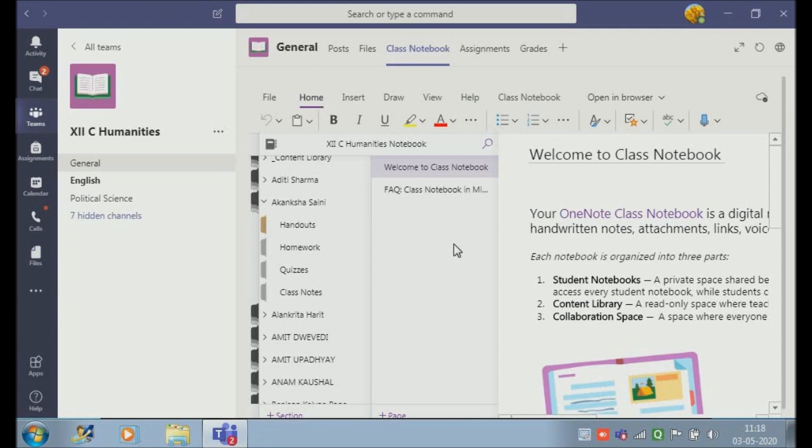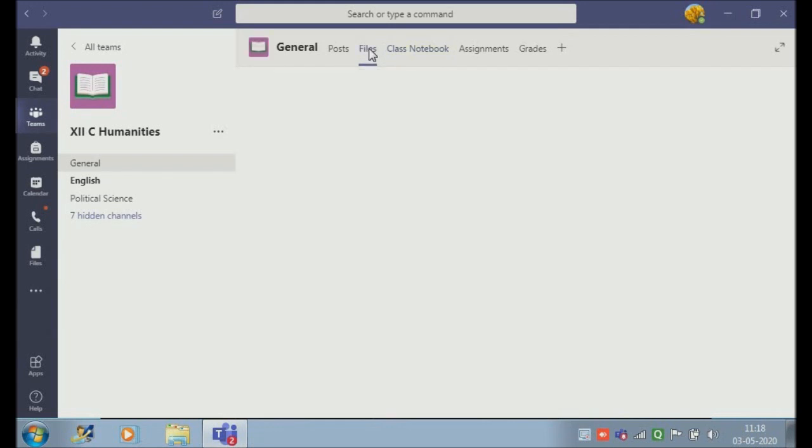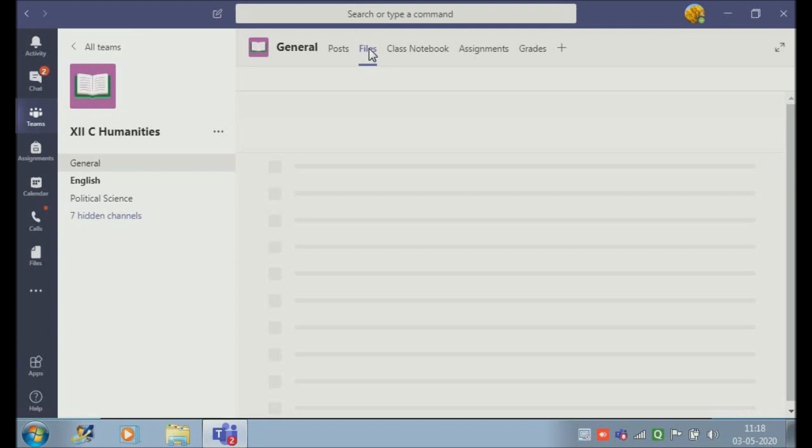When we send homework or an assignment to students, we can use the file option as well. For sending the assignment, we can intimate the students that I'm going to send a particular assignment using files. So you can click on file and then you can upload the homework using the file option.